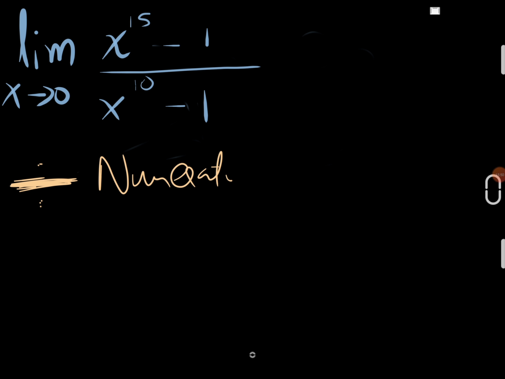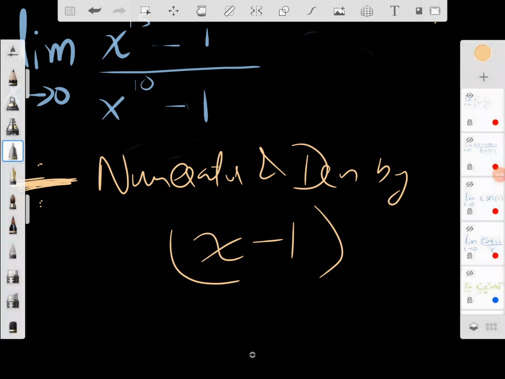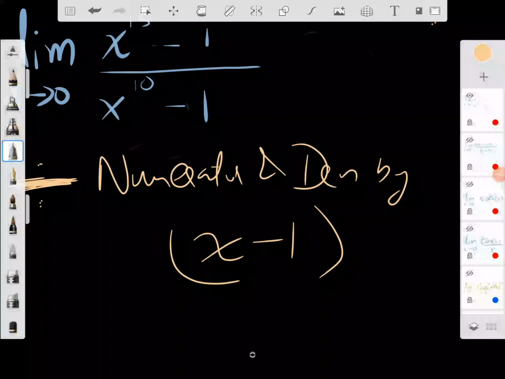Because in that theorem I need the denominator x minus 1, or x minus a, and in this question the a is 1, so x minus 1. So I'm dividing both numerator and denominator by x minus 1, and when I do that,